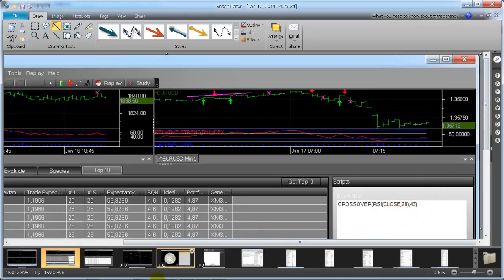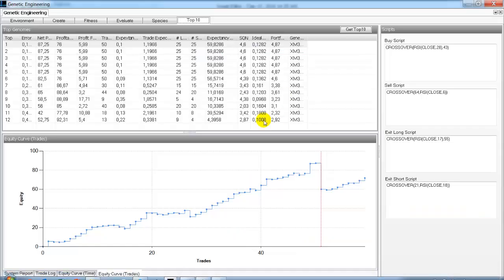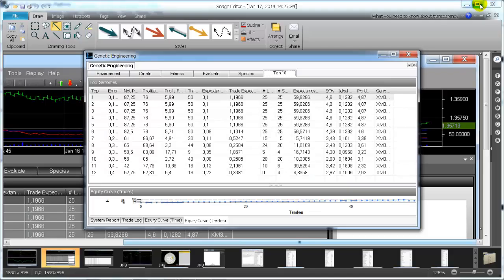28.43, so even the same numbers here. Just if you're in doubt, I took the screenshot from this morning here. So once you have prepared for trading, you get your parameters here from the genetic algorithm, which helps you to stay in tune with the market. The next step then is